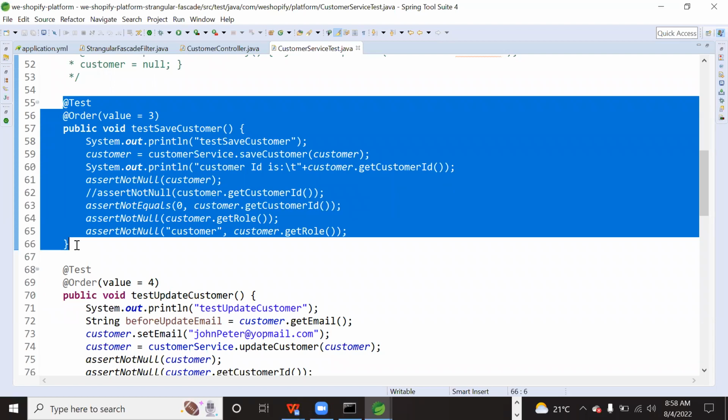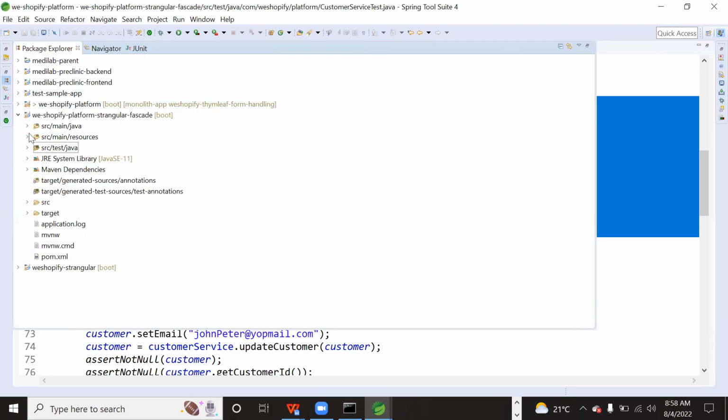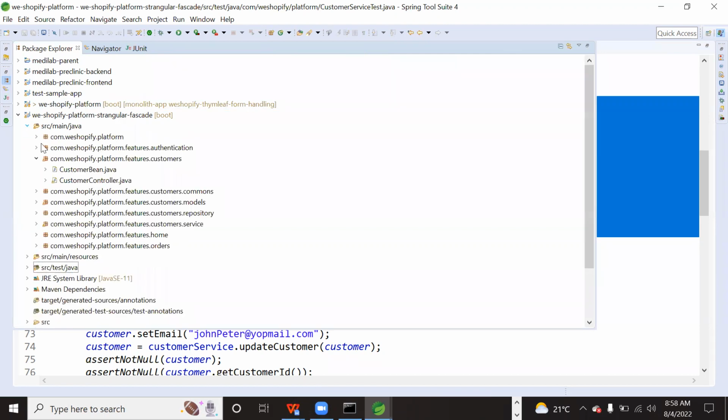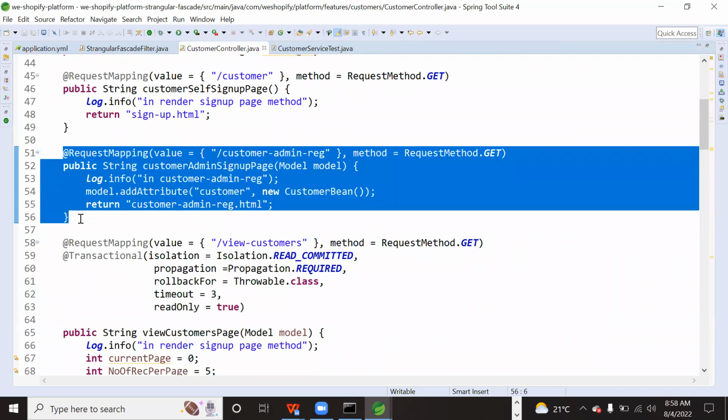So to do that kind of testing, we have to test the controllers actually. So if we test the controllers, then complete integration can be tested. That means if we test the controller methods, controller will be tested, service will be tested, and then the DAO or repository will be tested. So complete integrated components got tested. That is called integration testing.